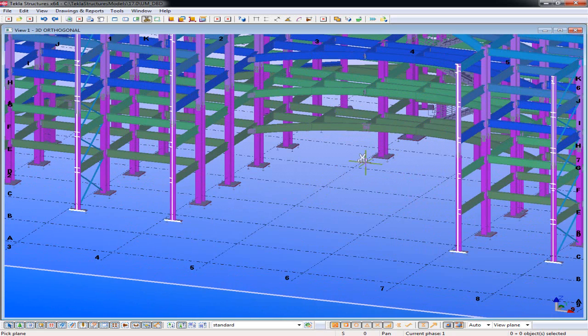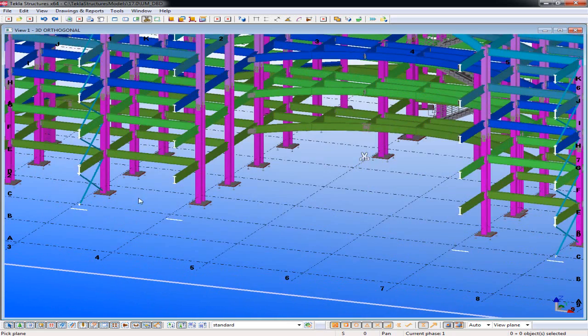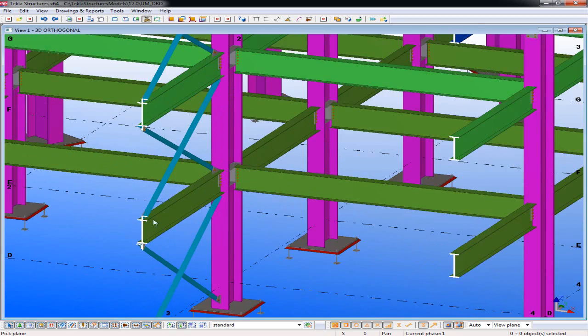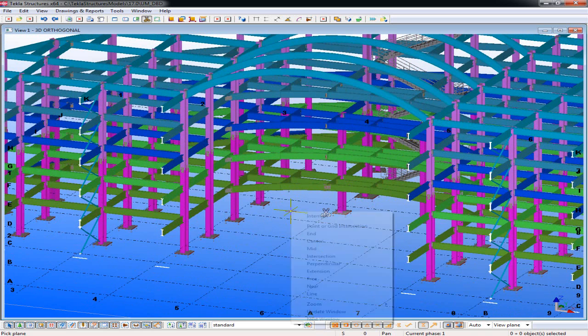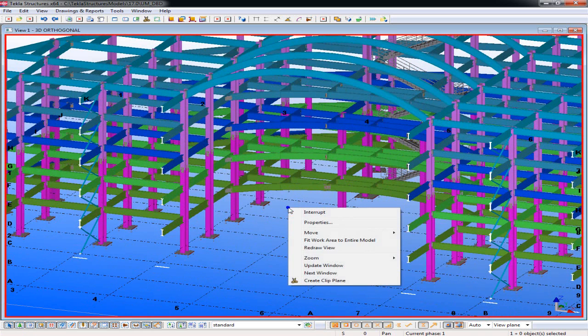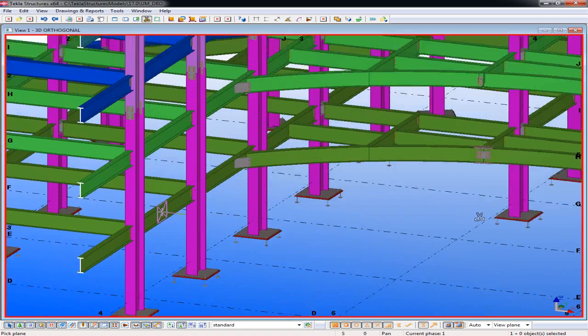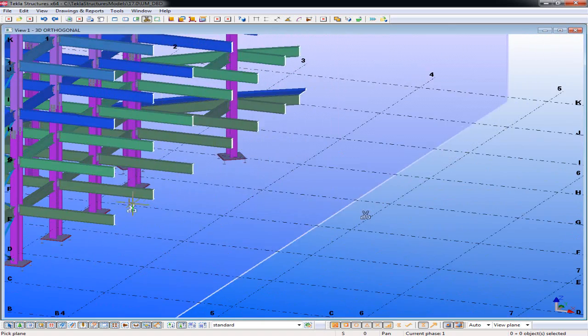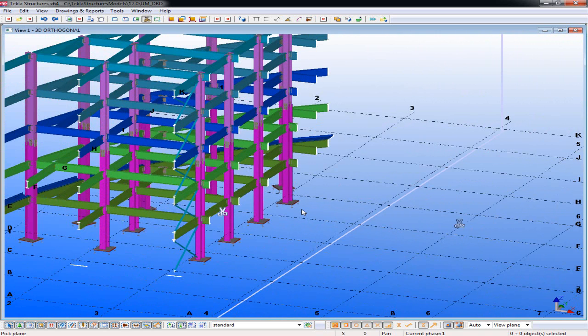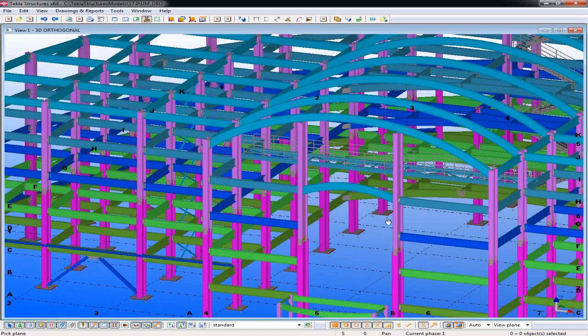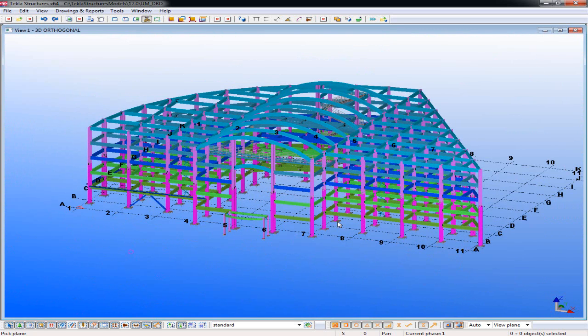So if I wanted to see deeper into the model, I could just use that clip plane. Now I can really easily see the vertical bracing there or whatever, and then you can have as many of these as you would want. If I wanted to add another clip plane, say, let's just keep cutting from this direction, it will remember all of those. So you can slice and dice the model any way that you would need to. Okay, so I'll just remove those clip planes from the model,